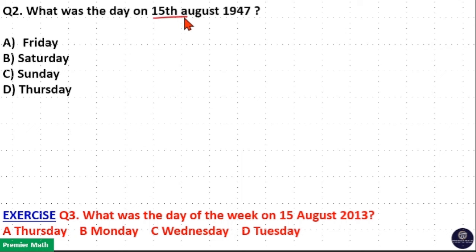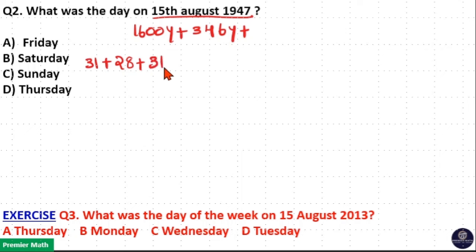What was the day on 15th August 1947? I will split it as 1600 years plus, here 1947 year is not a complete year because it is only up to 15th August. So I will split it as 346 years plus remaining is 1st January to 15th August. So in January there are 31 days, February there are 28 days because 1947 is a normal year, not a leap year. Now March there are 31 days, April 30, May 31, June 30, July 31 and August up to